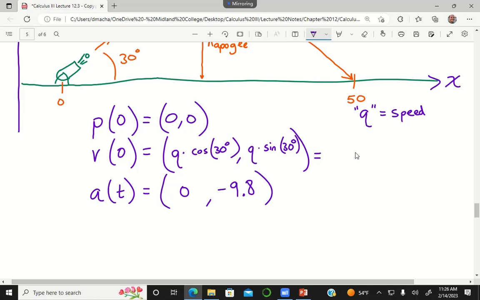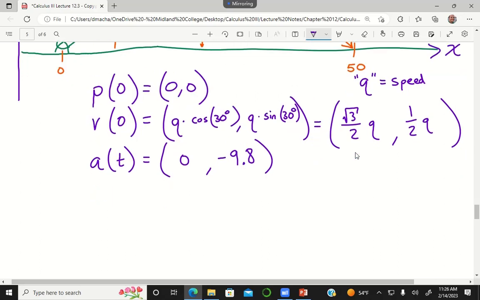So what is cosine of 30 degrees? Root 3 over 2? And what is sine of 30 degrees? 1/2, yeah. Okay. So that's my initial velocity. Now we remember that velocity, the function, is the antiderivative of acceleration, the function. Okay? So my velocity function